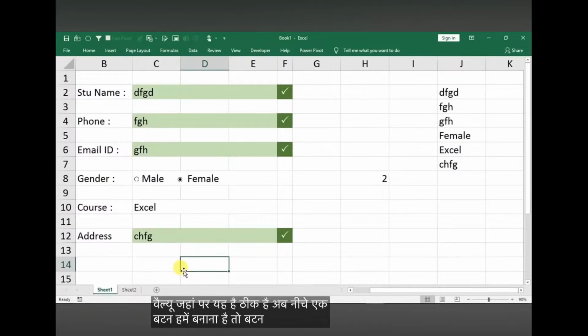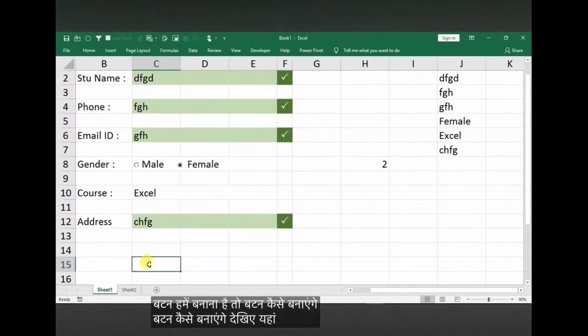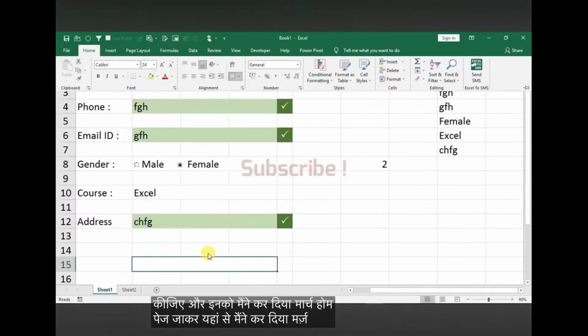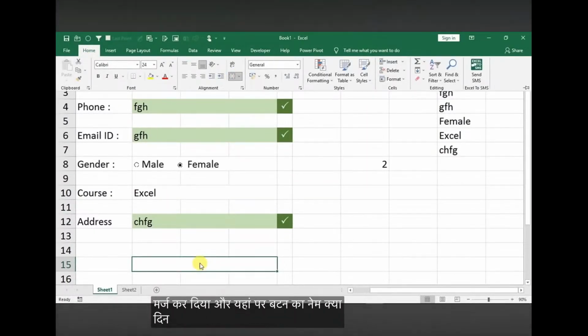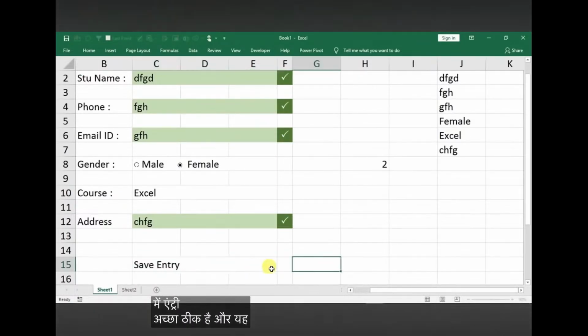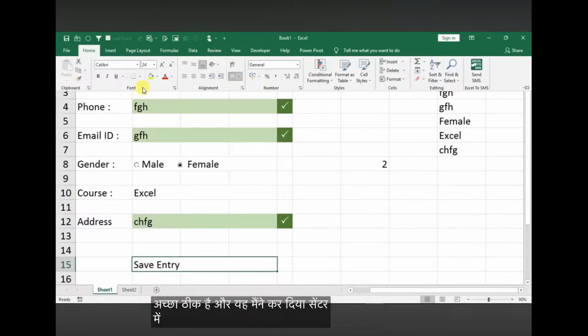ठीक है, अब नीचे एक बटन हमें बनाना है, तो बटन कैसे बनाएंगे देखिए, यहाँ से मैंने ये सेल सेलेक्ट किए। ठीक है, ये सेल सेलेक्ट किए और इनको मैंने कर दिया मर्ज, होम टैब पे जाके यहाँ से मैंने मर्ज कर दिया। और यहाँ पे बटन का नेम क्या देना आप चाहते हो, मैंने यहाँ पे लिखा सेव एंट्री, सेव एंट्री। ठीक है, और ये मैंने कर दिया सेंटर में सेंटर।